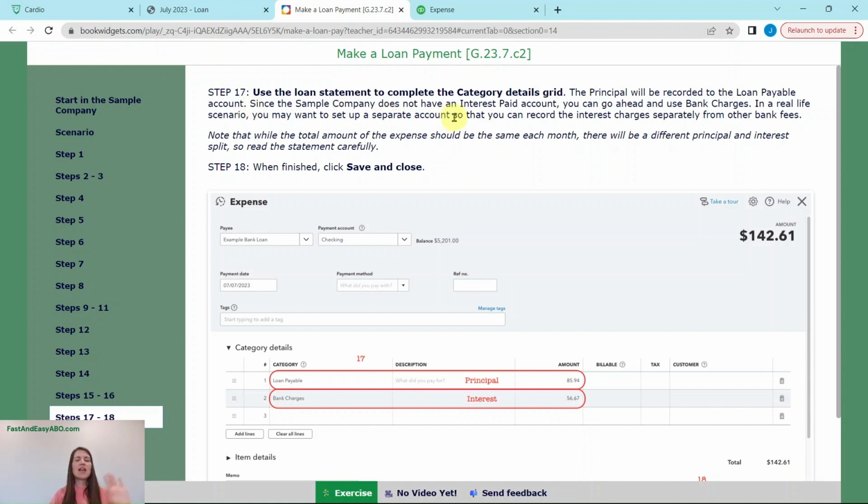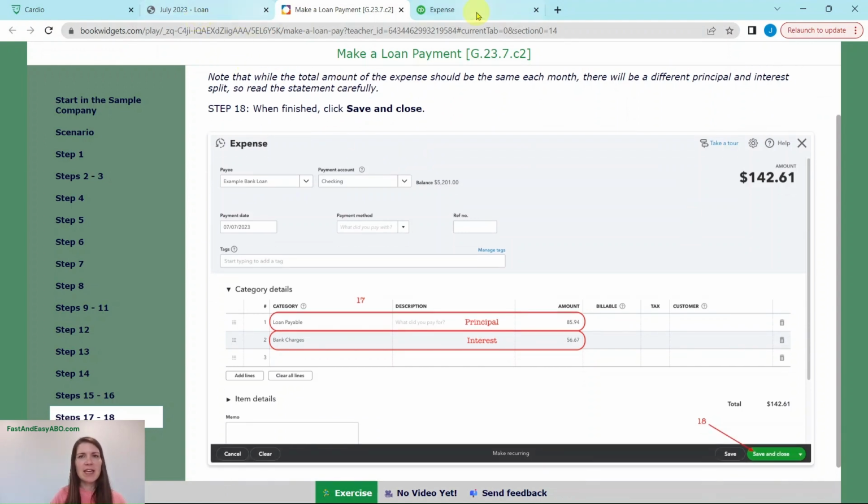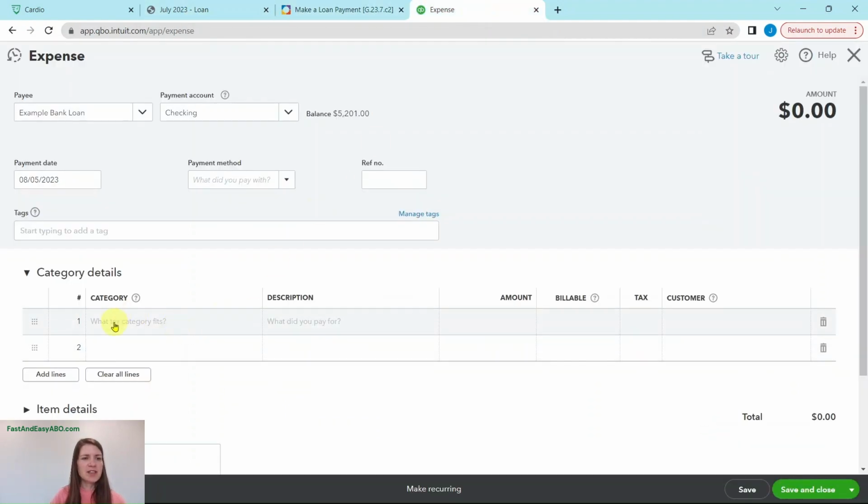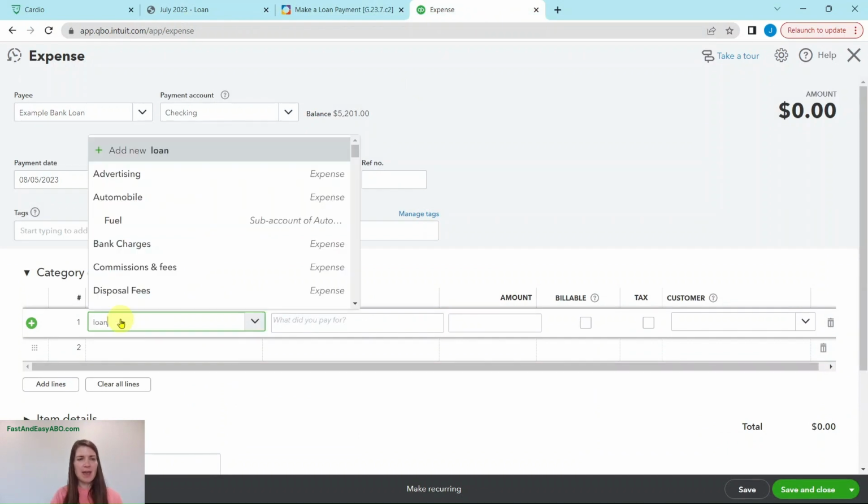you can record interest charges in one and then any kind of other bank fees that you may have in another. Also note that while the total amount of the expense should be the same each month, there will be different principal and interest split. And that's just because over the course of the loan, the amount of principal versus interest will change. So just make sure that you read the statement carefully. So let's go ahead and do that. Start with this category is the loan payable,